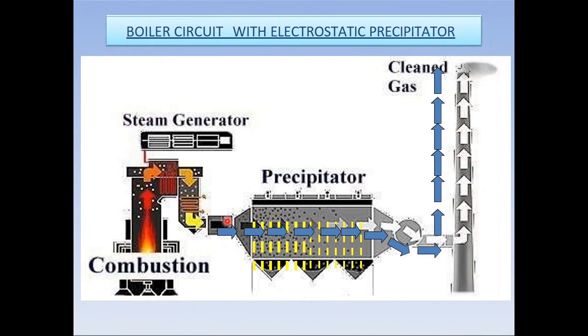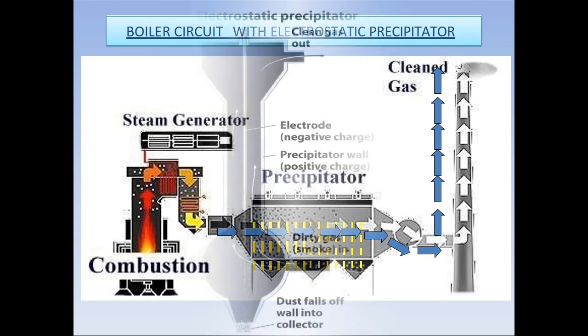This is an ESP, that is, an electrostatic precipitator. ESP is basically provided in between the boiler and the cooling tower. In the ESP, hot gases are taken and all the pollutants are removed from the hot gases, and then those hot gases are carried to a cooling tower, where the cooling tower cools down the gases and emits them to the atmosphere.